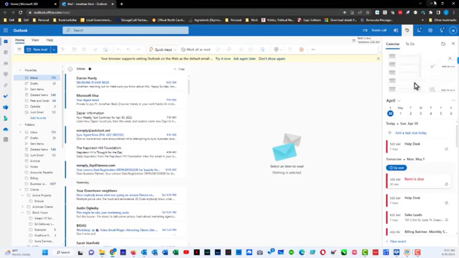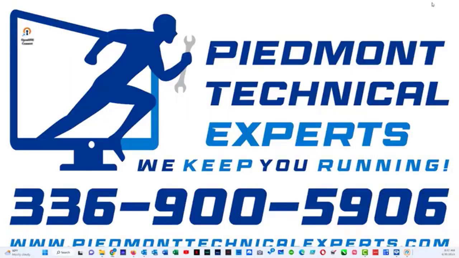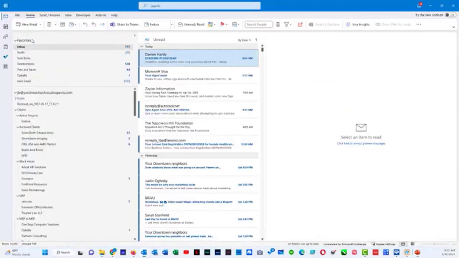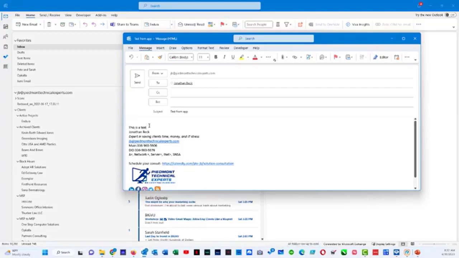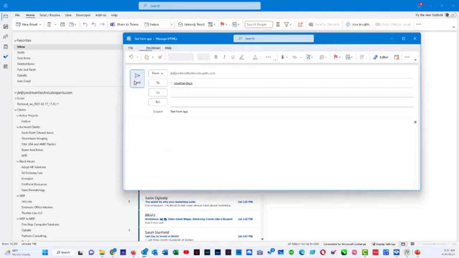Now let's say I wanted to do this from my Microsoft Outlook. I will minimize this screen and I will bring up my Microsoft Outlook. Buttons are still the same. We hit new email. We can type in email address and test from app. Send,